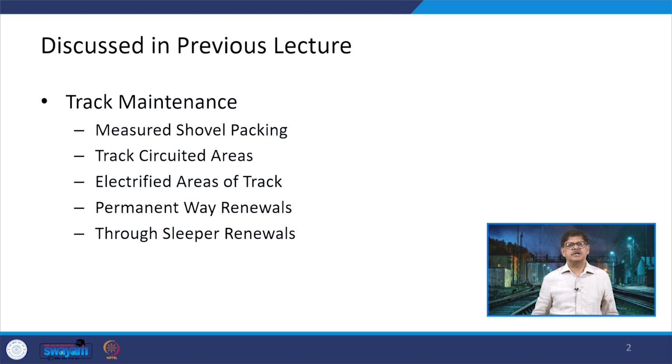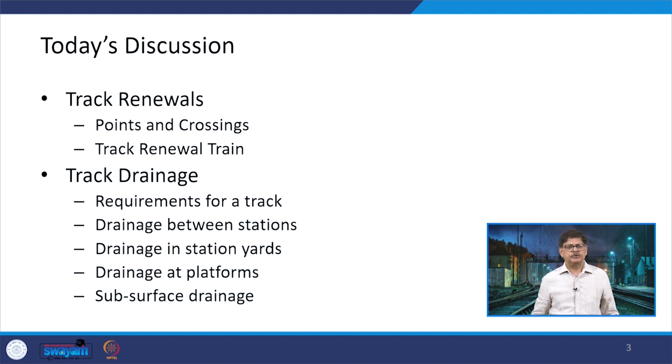And then we started discussing the permanent way renewals, and towards the end of that lecture we were talking about the through sleeper renewals. In this lecture we are going to take up the renewal of the points and crossings, and then we will look at some of the features of the track renewal train, which in short is also known as TRT. After that we will start our discussion on drainage, wherein we will be discussing the